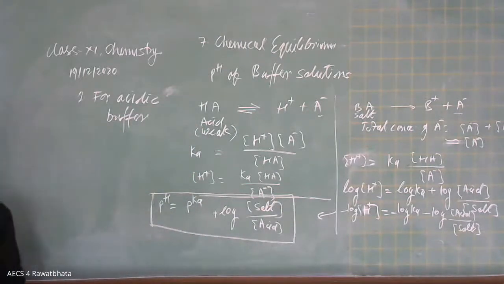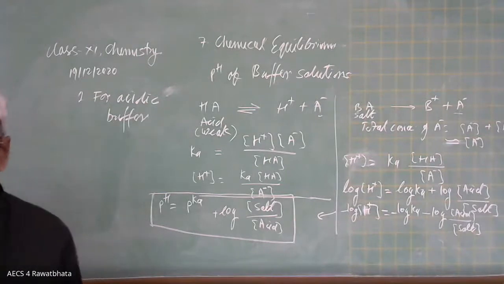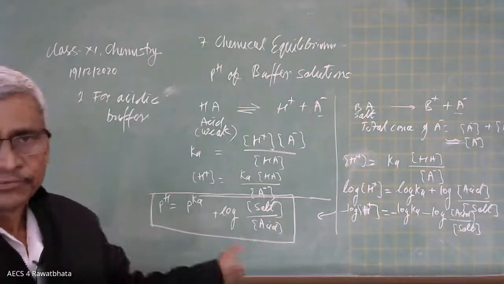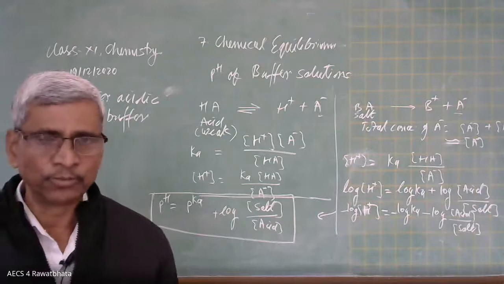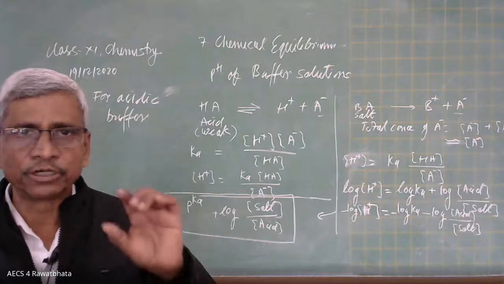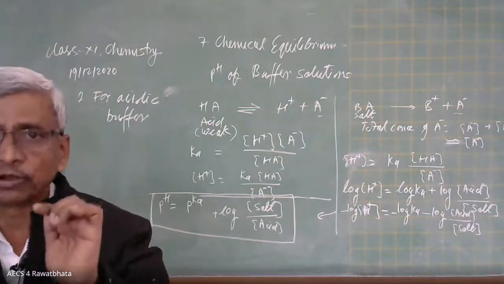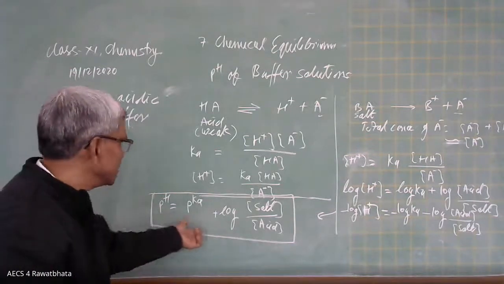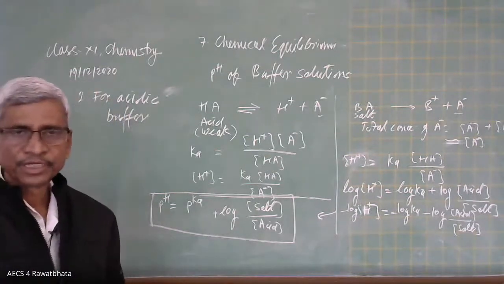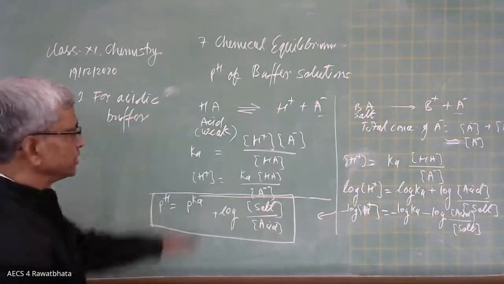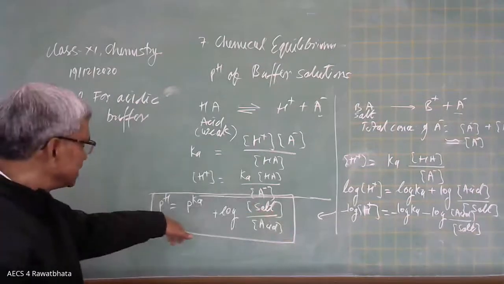In this way, we can calculate the pH. Okay beta, keep this equation in mind. It is not very popular sometimes, but from the point of view of competitive exams this formula is useful. What is the pH of this buffer when the concentration of acid is given and the concentration of salt is given? For that we use this formula. Is it clear? This derivation is not needed, simply we need this formula.